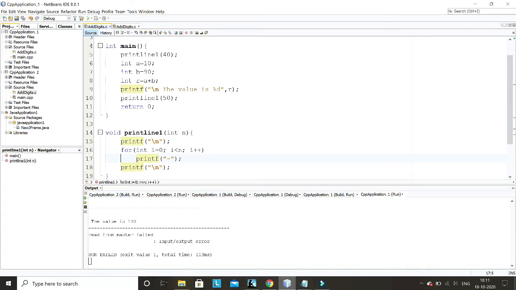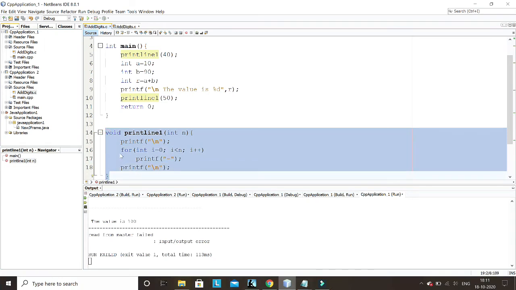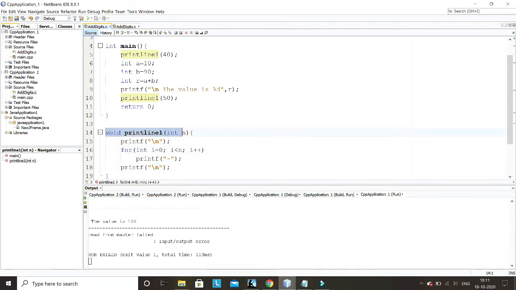Okay, so this n is called a function parameter. If you remember, I said the entire thing here is called the function definition, and this is called the head of the function. This is called the return type. I have not explained it properly yet, but it is void now. This is the function name, and these are called parameters. There can be multiple parameters also, for example integer n and integer m.